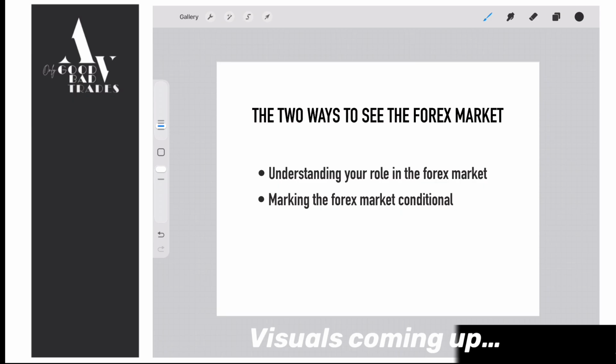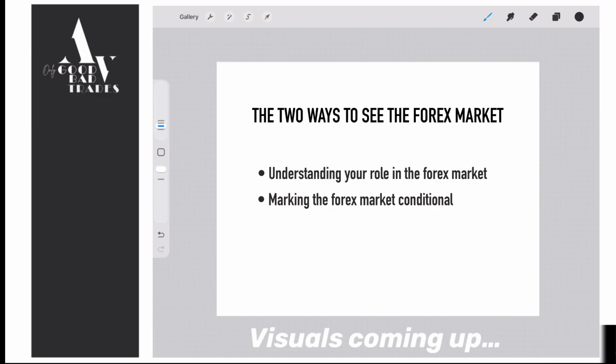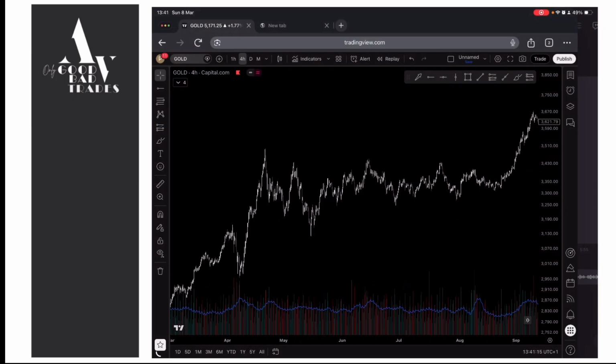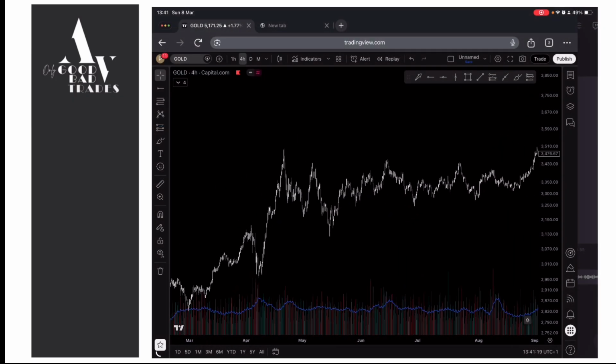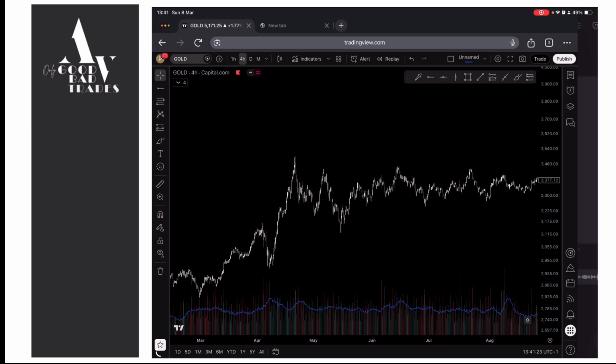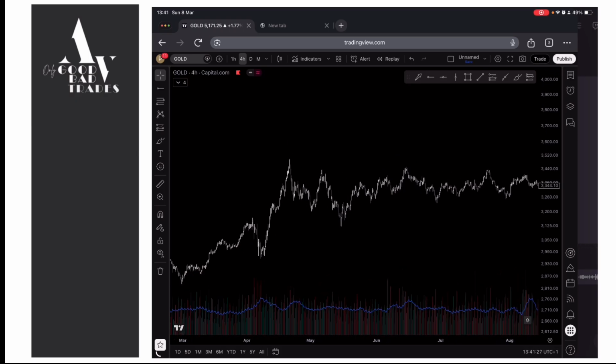Let's say we don't know anything about the market. All we want to do is to see what happens when price breaks this high in order for us to pick a buy. So the good thing is at least there was nothing showing on screen while I was giving that explanation. But now let's do the proper stuff.